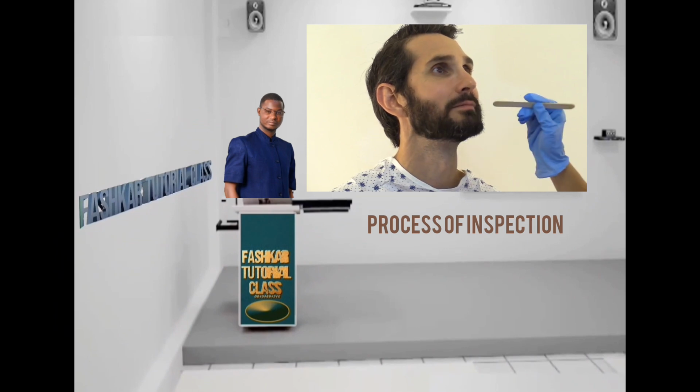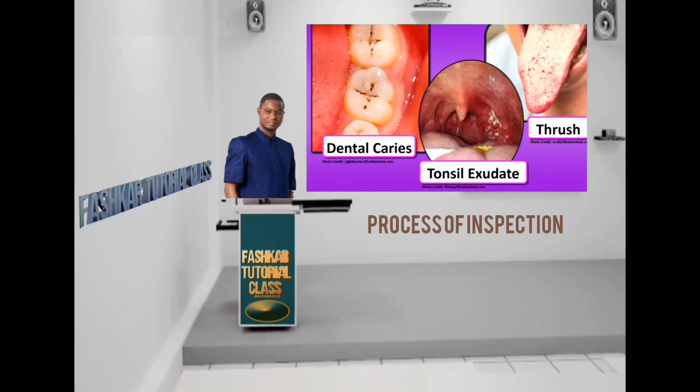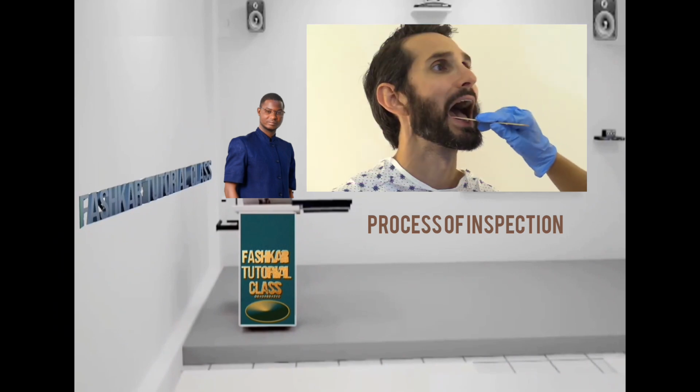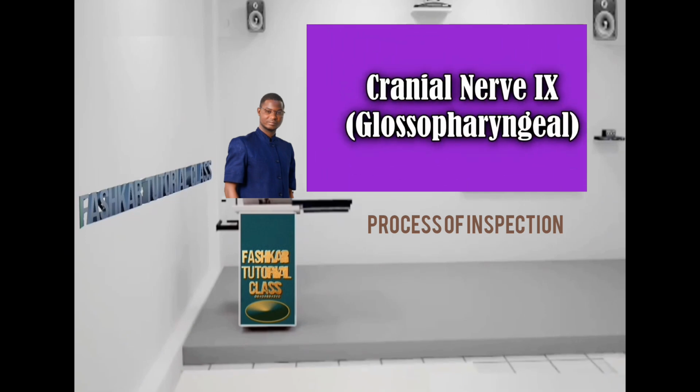Okay, you can close. Then while you're also looking at the gums, open up a little bit. You're going to look around for cavities, any loose or broken teeth, no dental caries in there. Then, okay, open up your mouth a little bit more, put your tongue down, and you're going to look at the soft and hard palate. Now, while you're in there, you want to look at the uvula. Make sure it is nice in midline, and his is nice in midline, and we're going to test cranial nerve